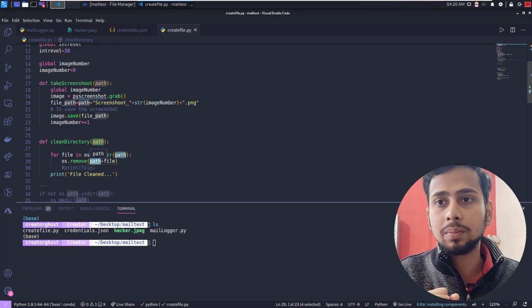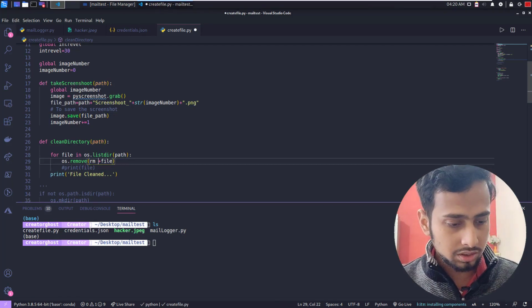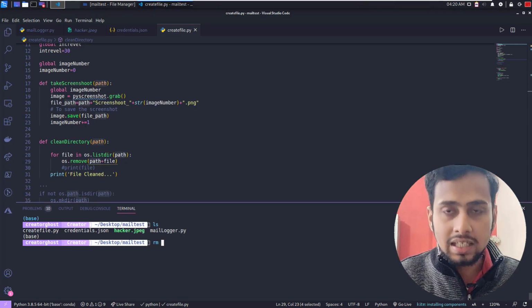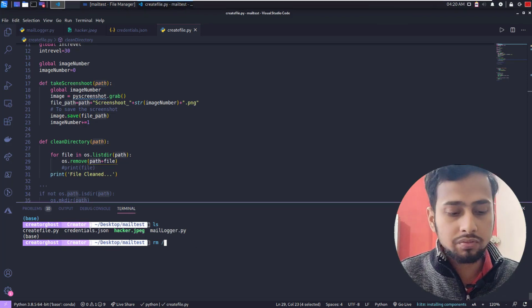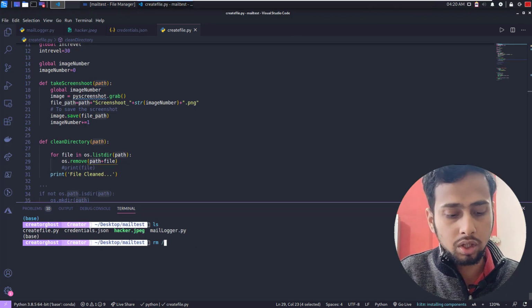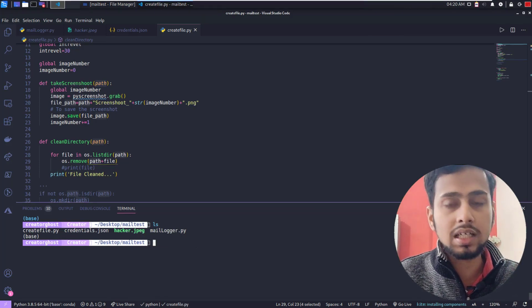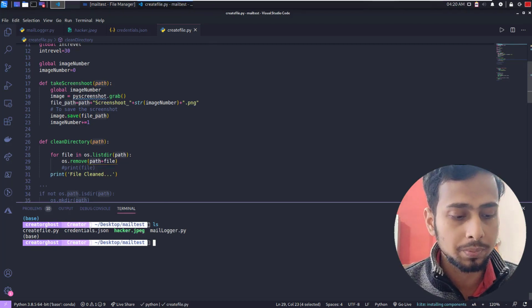If we want to delete something that is present in some other directory, we need to use rm inside the terminal, and then we specify the path of what we want to delete. If you are going to give the root directory, it is going to start from / and whatever path that you want. In that same way, it is going to give the complete path of the image, and then we are going to perform the delete operation.